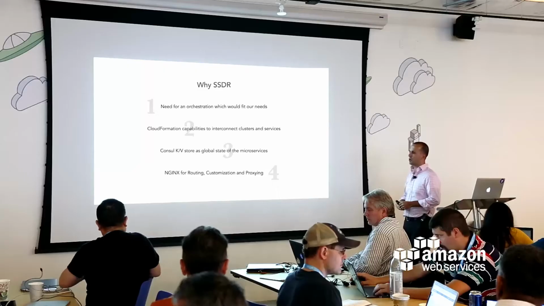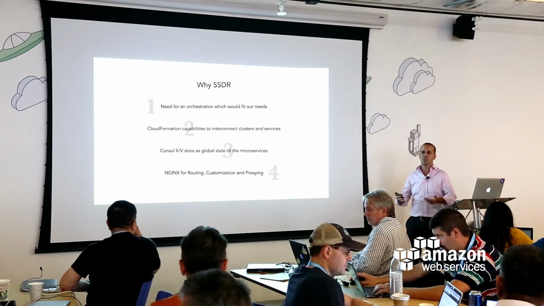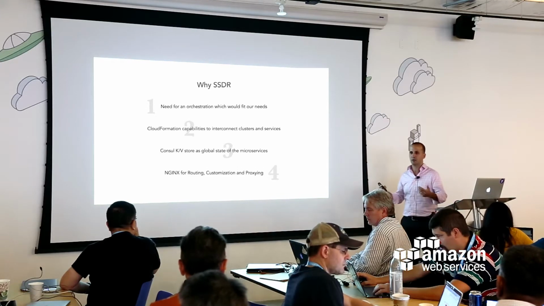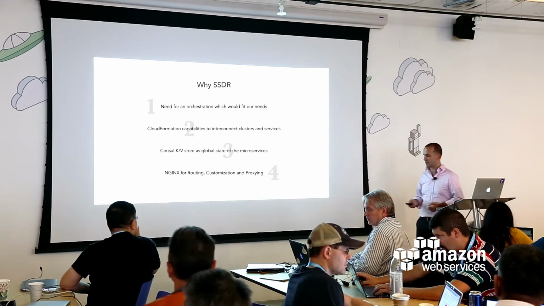We use Consul template to dynamically update our Nginx servers. And the reason for Nginx on the front end, of course, there is an AWS load balancer, was because we have a personalized header and we needed a certain level of personalization, which in that specific case, the AWS load balancer was not providing. And Nginx would do the work for us.